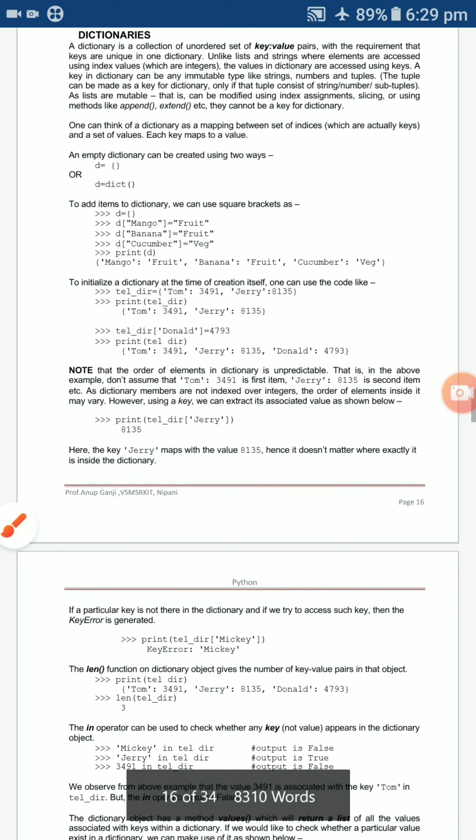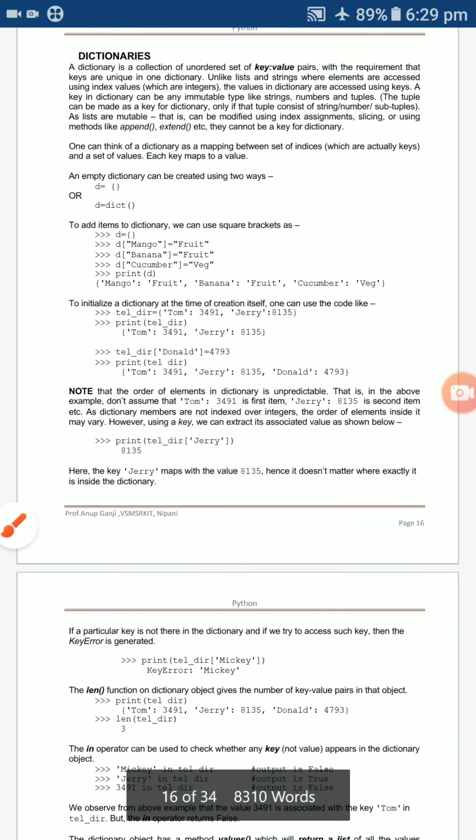And dictionaries are mutable. Normally lists are immutable, and dictionaries are mutable. Immutable means it cannot be changed after it is created. In the mutable case it can be changed with the help of assignment and slicing, and it can use append and extend methods. Here, in the immutable case, we cannot change anything.